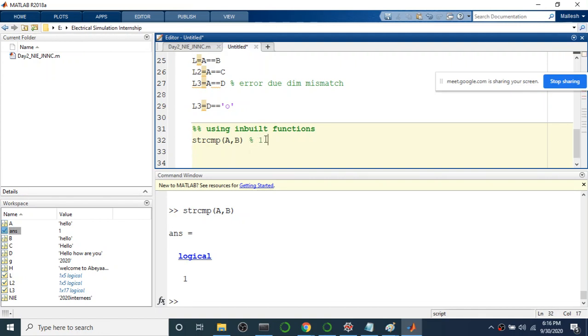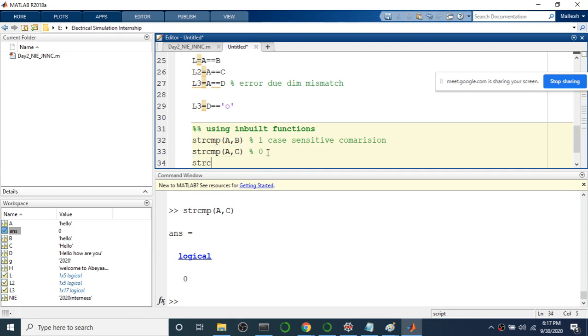This is case sensitive comparison. String compare A comma C. What is the expected result? It is going to be 0. Yes, I'm getting the result as 0.